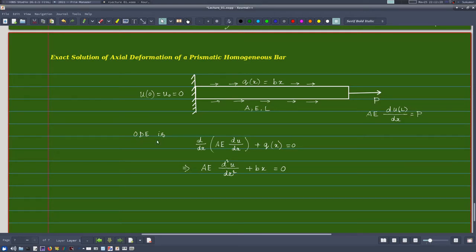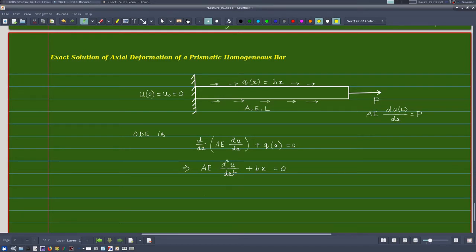Now coming to the ordinary differential equation, we know that it is d/dx of AE du/dx plus qx is 0. Since A is constant, I take it outside. So AE d2u/dx2 plus bx, qx is bx, equal to 0. All right. So for the solution, let us